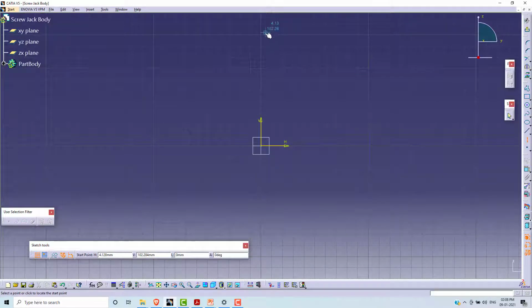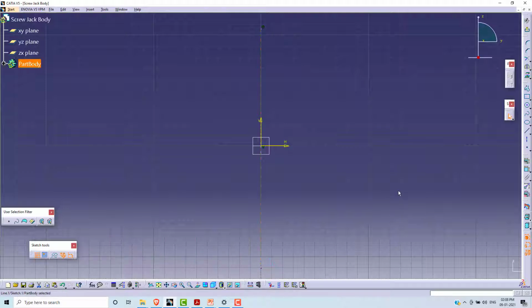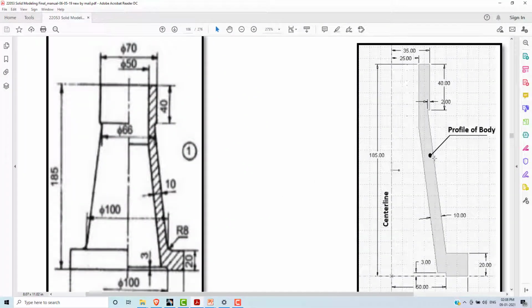We will first draw the axis, or center axis. With reference to this center axis, we are going to draw this geometry.